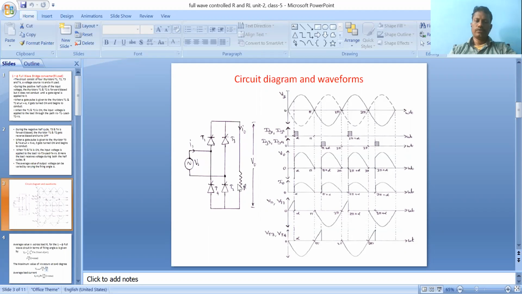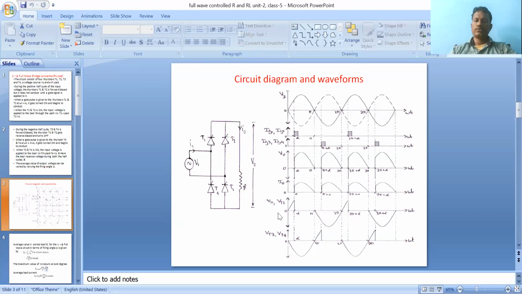What is a rectifier? A rectifier converts fixed AC to DC. So why is it full bridge? Full means whatever switching devices are used in the circuit, all are controlled, not uncontrolled. That's why it is called a full bridge, a bridge configuration. So the name indicates single phase full bridge rectifier.